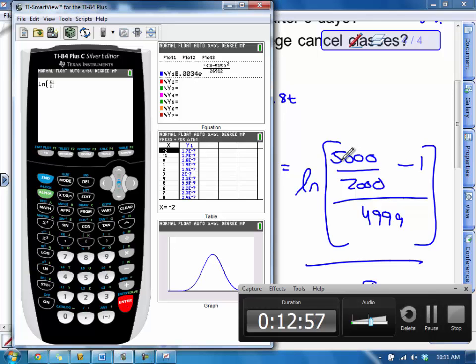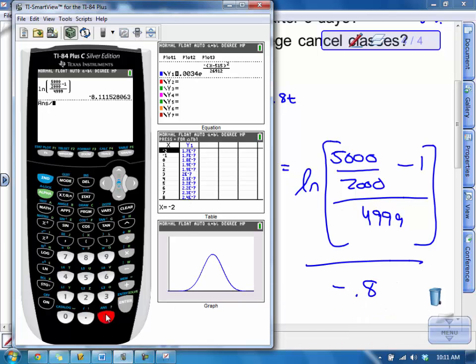So this is my fraction. I need another fraction, so let me do alpha y equals another fraction again. So we've got 5,000 over 2,000. Whoops, need another 0 on the top. Minus 1, all over 4,999. I'll hit enter on that, and that gives me the numerator. It's all going to be divided by the negative 0.8, which gives me about